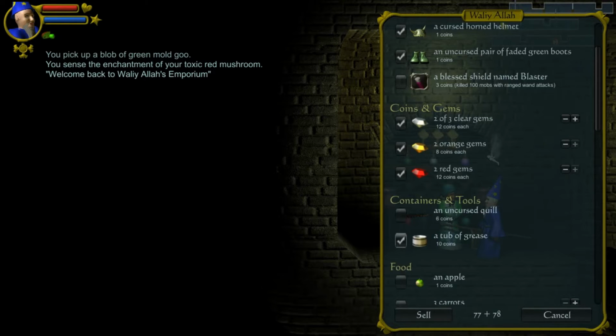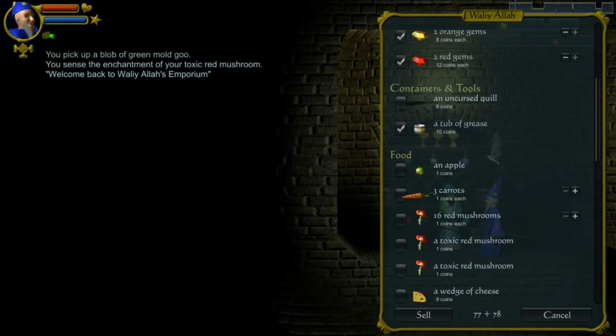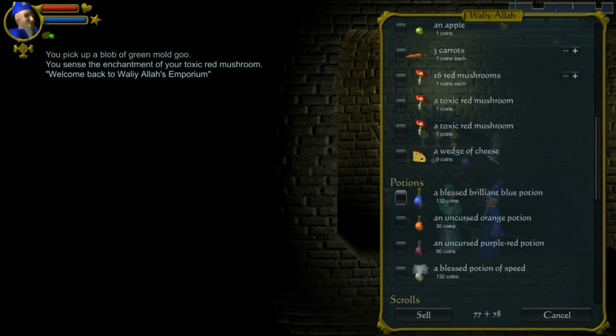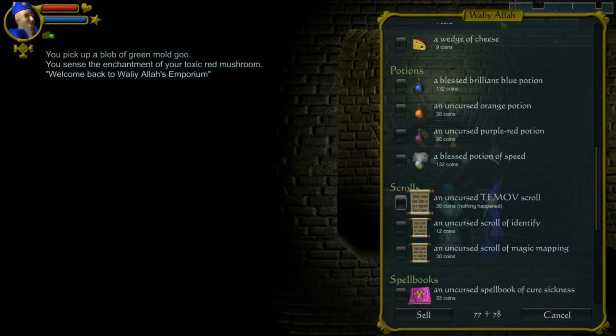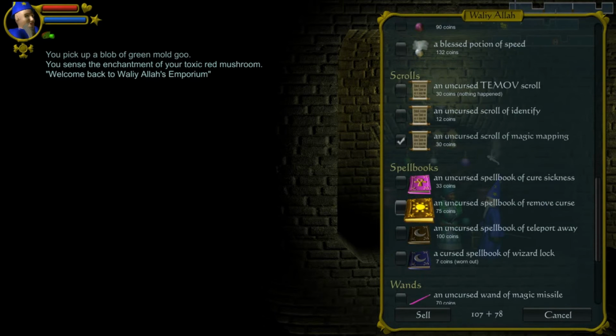Sell our tub of grease back, because that actually doesn't seem to help in removing cursed things. Sell... what else can I sell? Sell magic mapping. Still not enough. Sell...